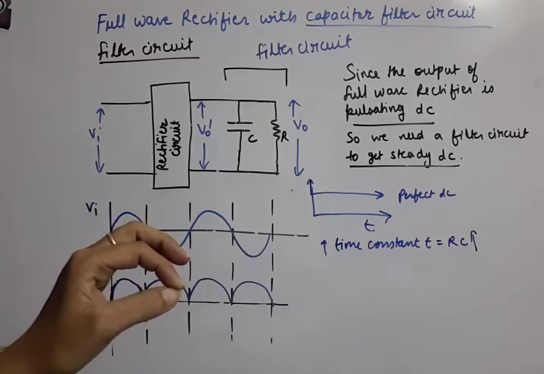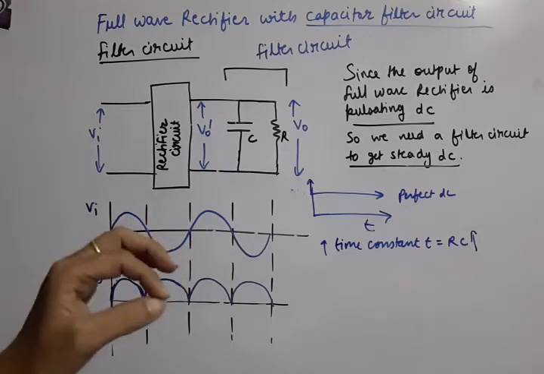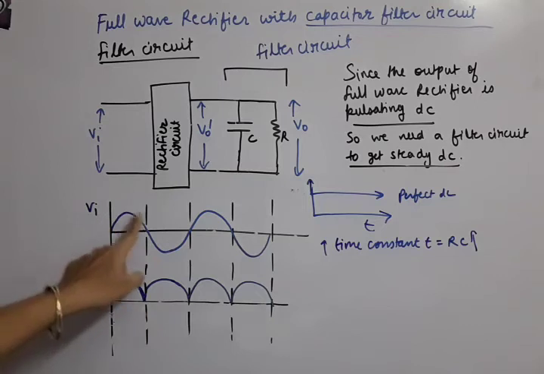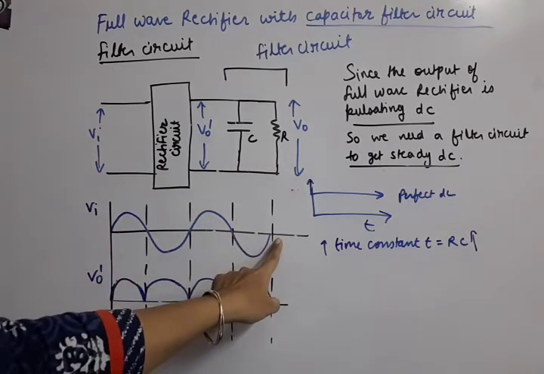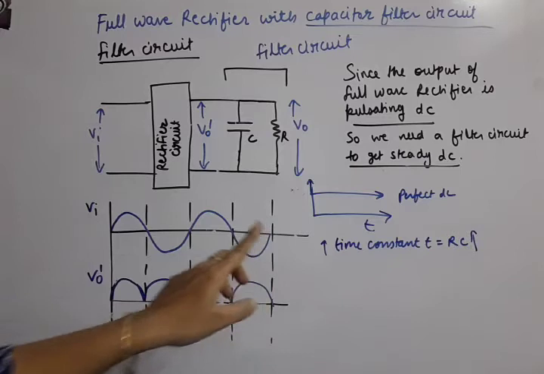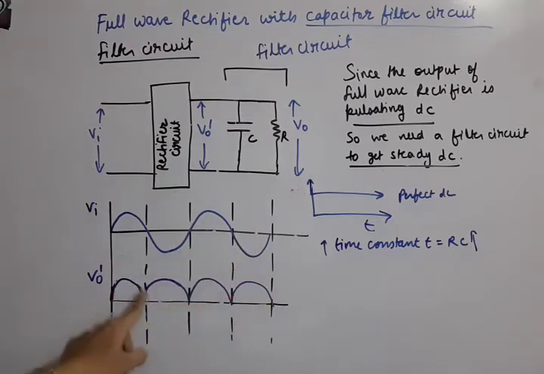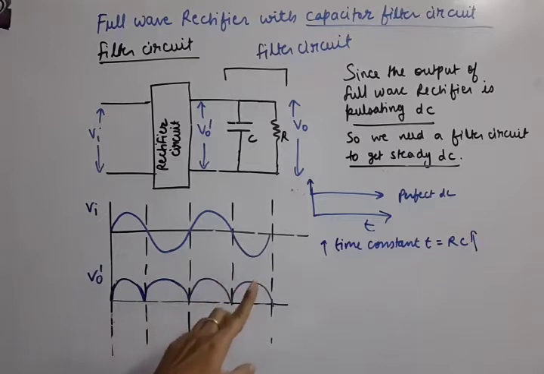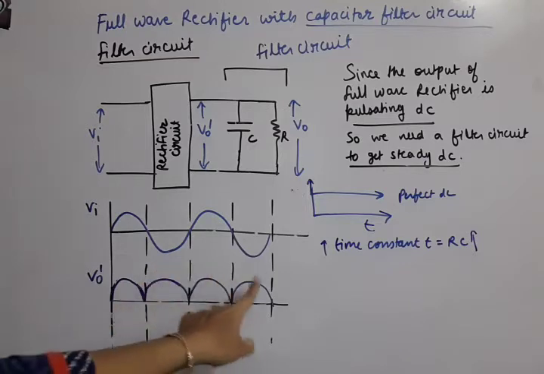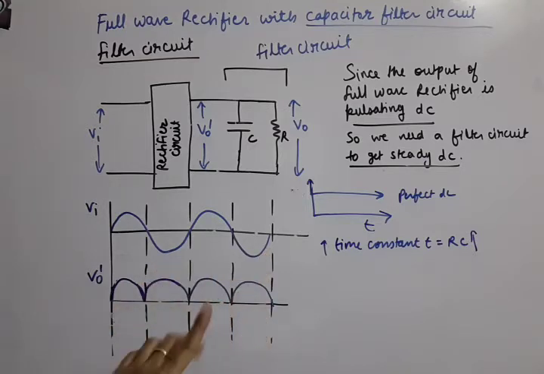Now, the full wave rectifier circuit's output. Let us see. This was our AC input voltage given to the full wave rectifier, and the full wave rectifier converted it to DC in this manner. This output voltage we got from the full wave rectifier. You can see that this is DC because no pulse is present on the negative side. Only in one direction the current or the voltage is flowing, but the magnitude of voltage should also not change